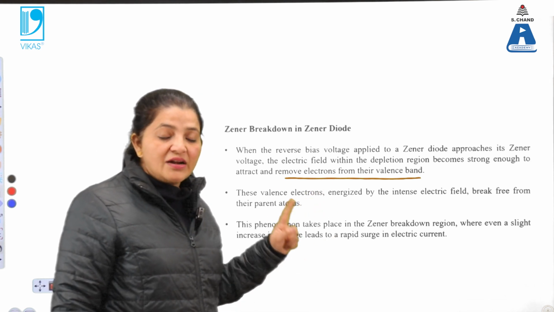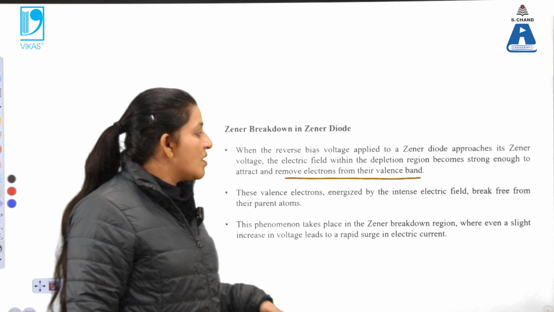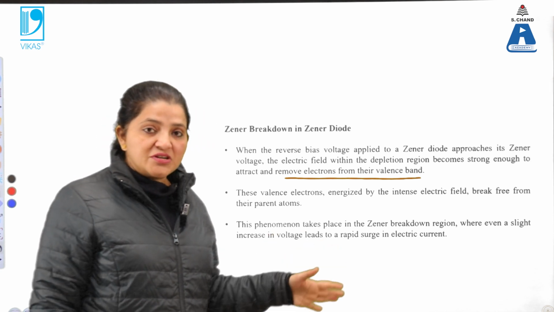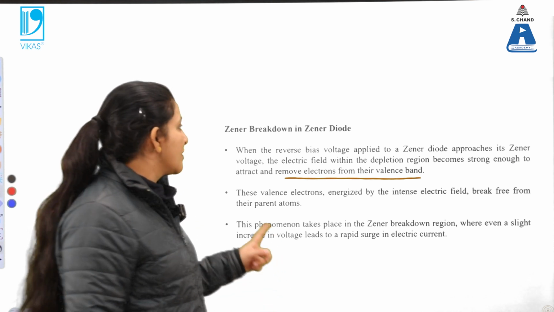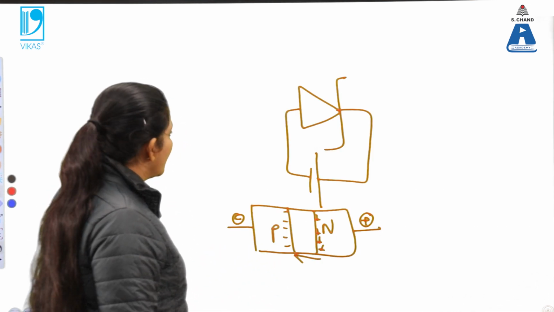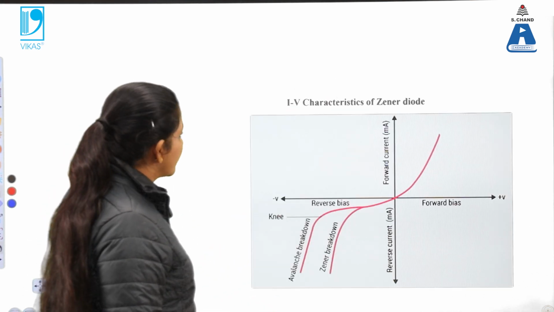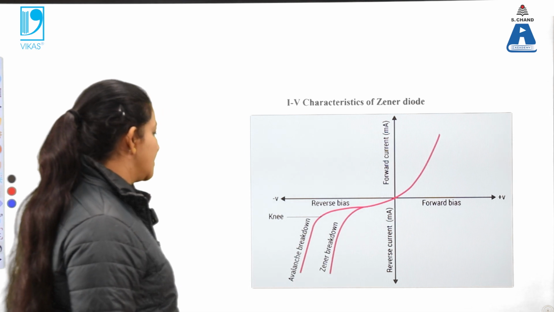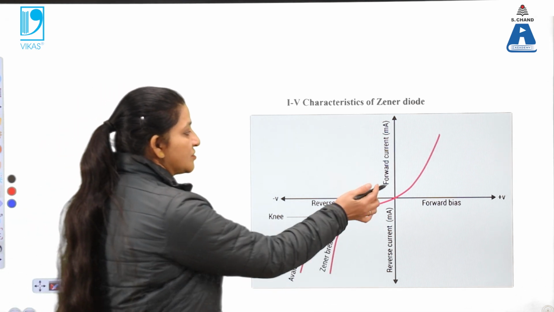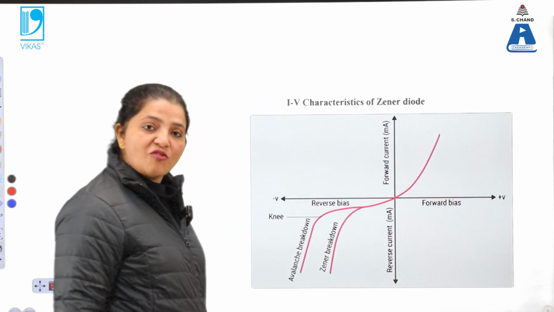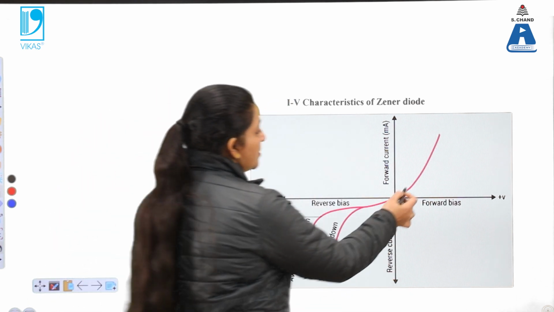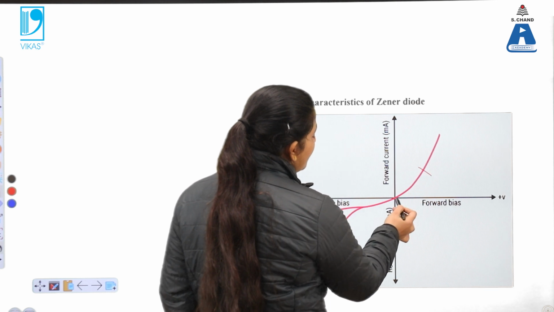So the Zener diode works very well in the reverse condition, while the p-n junction diode only works in the forward condition. Depending upon that, the IV characteristics of the Zener diode are like this. So these are the IV characteristics. In forward biasing, we know that it works the same as the p-n junction diode. So up to this point there is a linear variation with the voltage.